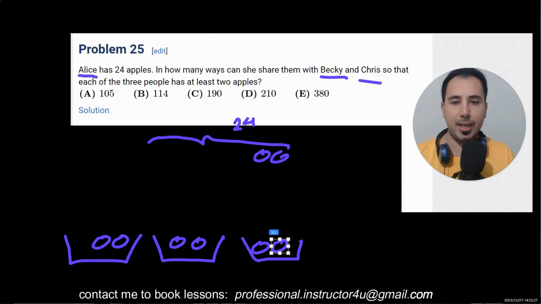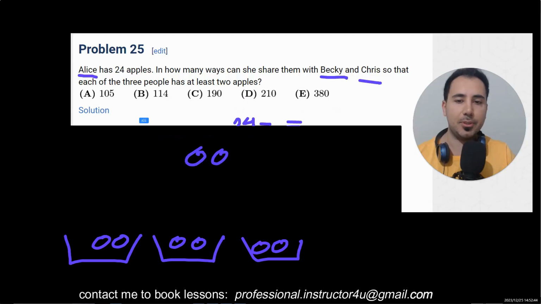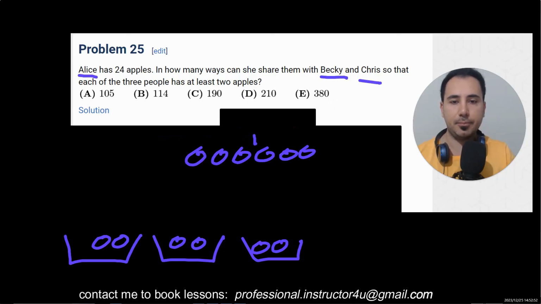How many did I give away? 6. From how many? 24. So 24, 6 gone is 18 now. Okay, so I have 18 apples left. Let me write it again. We have 18 apples. Okay, imagine this is like 18 apples. Let me write it better. We have 18 apples. And because we have 3 baskets, that means we're going to need only